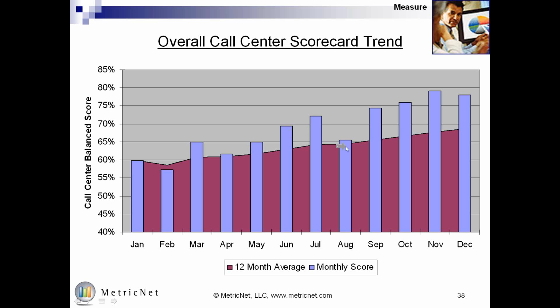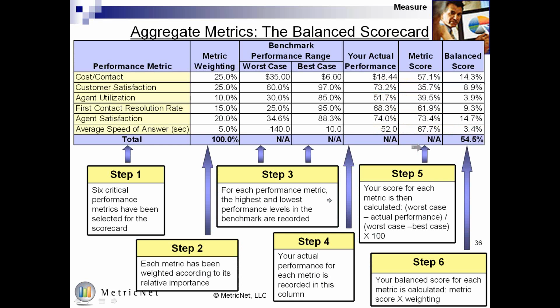That is, this organization updated their scorecard each month. The purple background represents the trailing 12-month average. The last thing the scorecard does for you is it enables you to communicate very eloquently what your overall call